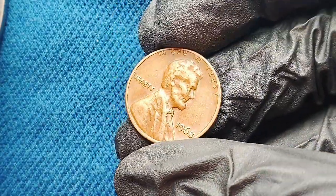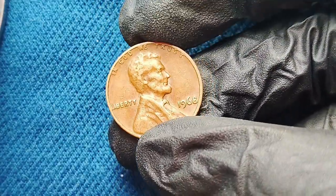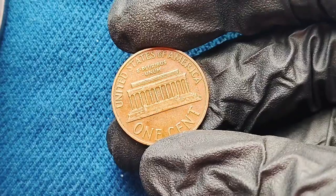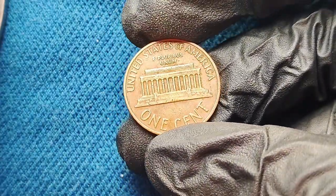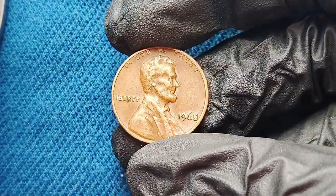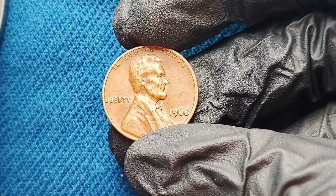Word spread that certain 1968 no-mint mark Lincoln cents struck with specific doubling errors were receiving enormous attention at auctions and private sales. When a top-quality example appeared in near-perfect condition, bidders pushed the price far beyond expectations, climbing into the tens of thousands, then over 100,000, and eventually into the zone where only elite collectors could compete. One pristine example, razor-sharp details, untouched luster, flawless surfaces, was reported to have crossed the six-figure mark at approximately